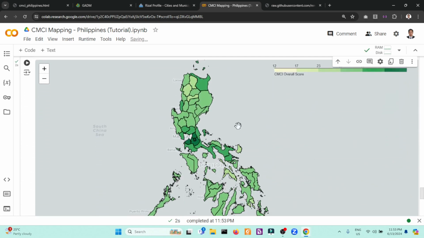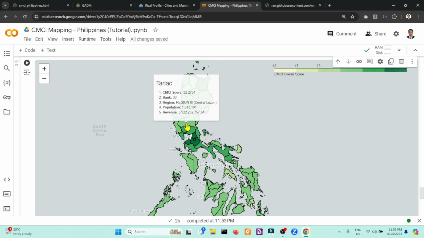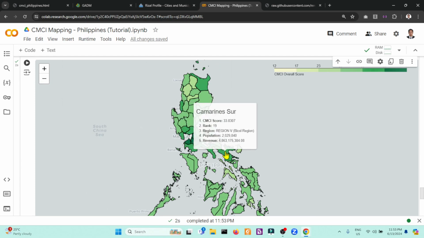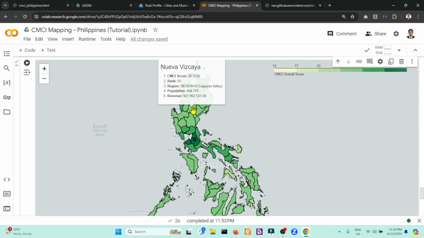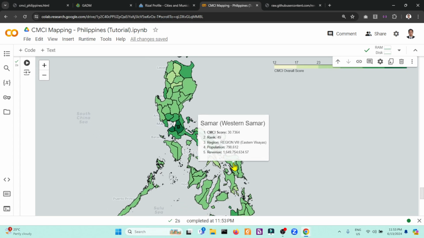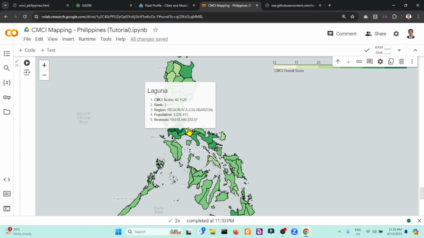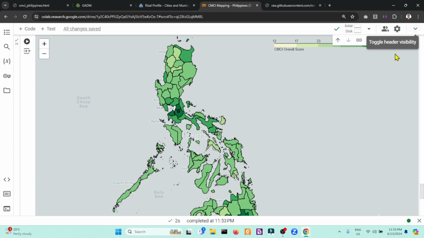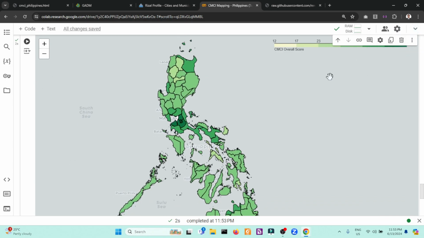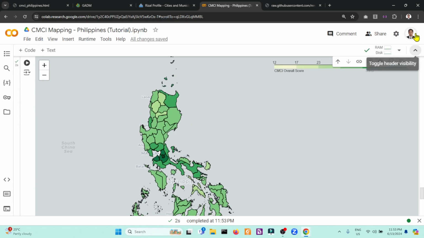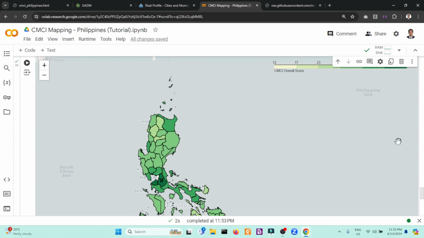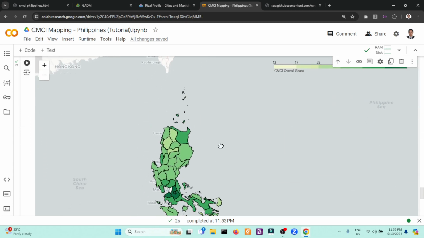So this one is the map. And if I hover, this one will be the tooltip. But since we're dealing with a list, we will customize the look and feel using a cascading style sheet. But for now, as you can see, if I hover on the map, each region has a different intensity of colors in terms of green, because this one is the legend, the choropleth, as you can see above, but it's being black for now. This one, that will be the choropleth, this one.